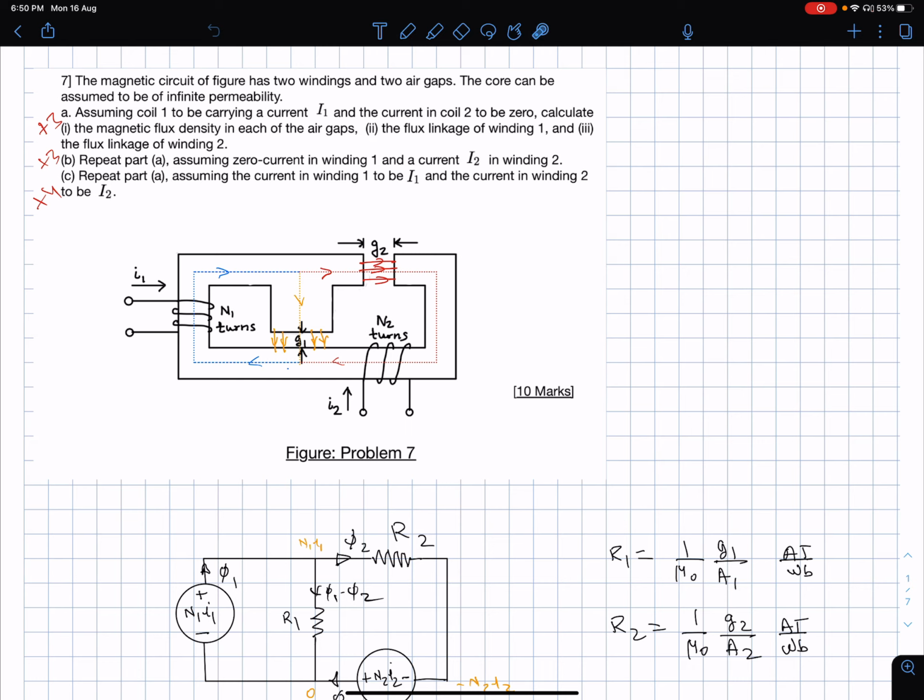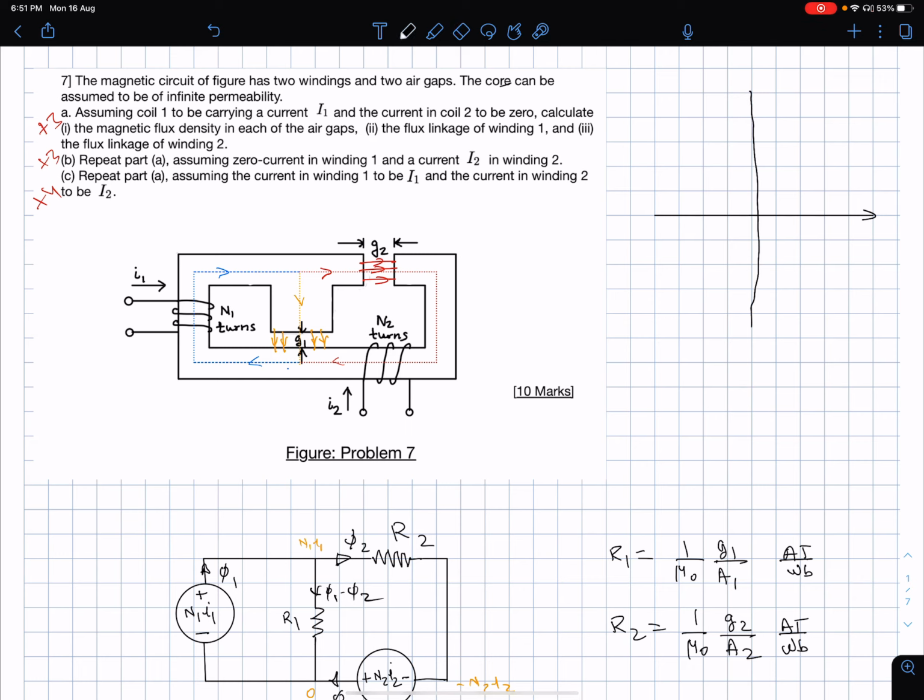So the magnetic circuit of the figure has two windings and two air gaps. So this is the air gap 1, this is the air gap 2, G1 and G2. The core can be assumed to be of infinite permeability. So when I say mu r is infinite, core has an infinite permeability. What it amounts to saying is that